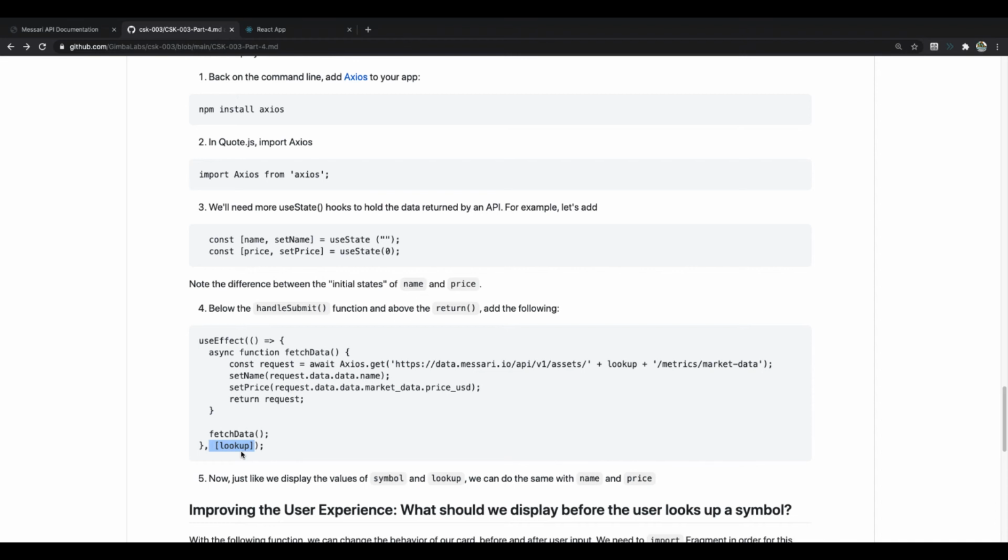Oh, the lookup changes every time the user presses the submit button, and whatever they were typing into that symbol field becomes the new value for lookup, right? So whenever we get a new value for lookup, then we are going to look it up here. What are we going to look up? We're going to look up whatever that variable says. So this string right here actually goes to a certain URL related to a certain